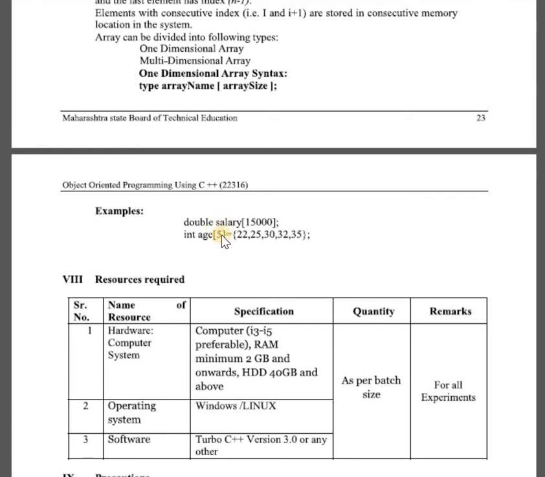Here I specify the size 5. So in the age array, a total of 5 elements can be stored. Here by using the equal to operator, we are assigning 5 values to that particular age array. That means in short, this age array consists of 5 integer numbers.